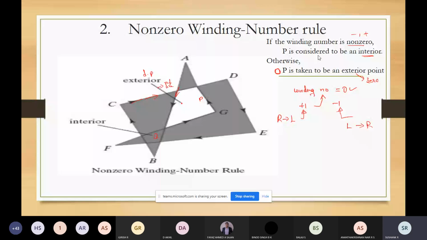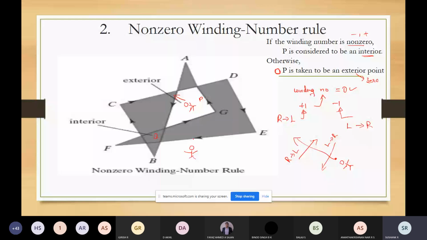Now, one small confusion which students will face when identifying this is whether the line is moving from right to left or left to right. See, I'm drawing a point like this. So it is a reference. It is like you're standing at this point. So for you, this line is moving from right to left, and this is moving from left to right. So here this is your reference point, okay? So your view is in this direction, not in this direction. That thing you just remember.